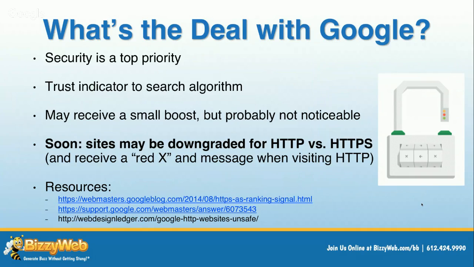Especially as we see what Google's now giving us as indication that they may soon start labeling HTTP sites with a red X in front of them and say that this site is not secure. Now, that's a bad indicator, of course, and they may actually start proactively and actively decreasing rankings for websites that are not secure. So that's the difference between maybe a slight boost and giving a penalty. They've offered us the carrot, and now they're going to chase after webmasters with the stick.